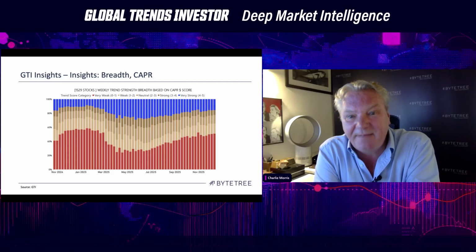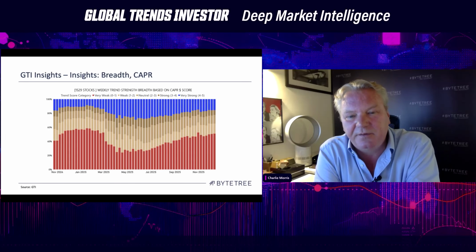Now, taking that same data set and looking at it in CAPR, the alpha opportunity is quite light. There are not many stocks outperforming. There were more in the middle of the year and fewer underperformers, but that's now changed. So it's really telling you quite categorically that alpha generation is quite hard at the current time because it's such a narrow opportunity set.